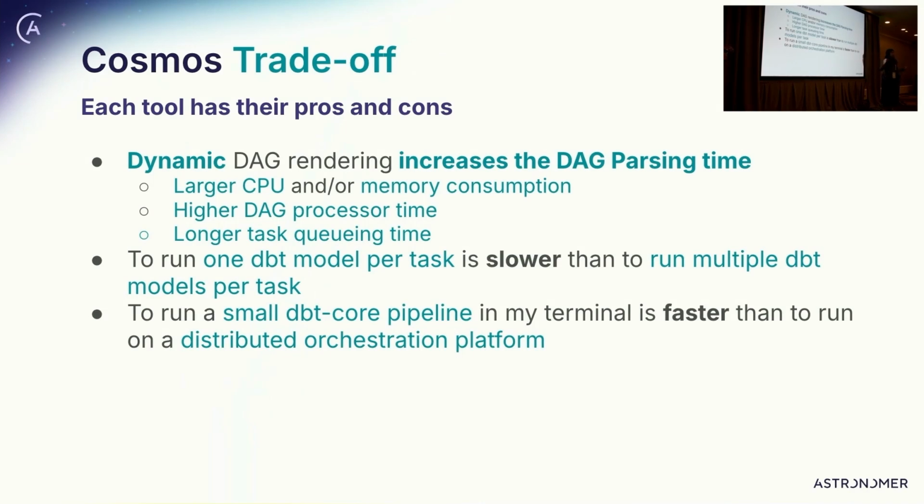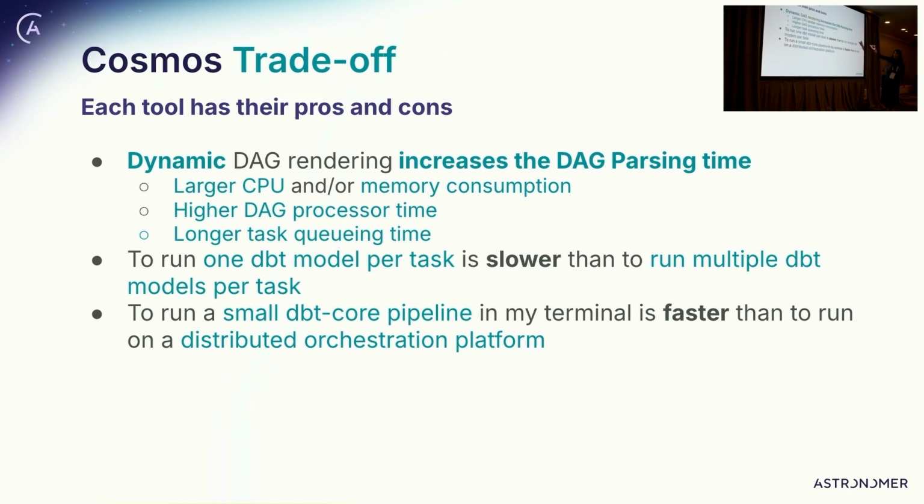But as nothing is perfect, although Cosmos has all this tooling and flexibility, it does have problems. So this magic that comes with, given this directory, build the DAG for me, that means we're dynamically rendering the DAG, which means the DAG parsing time will increase. And this can be quite problematic depending on how your Airflow deployment is. Let's say you're not separating the DAG processor process from the main scheduler process. This means that you could be completely messing up your schedule because it may be trying to parse DAGs and then not scheduling things it should. But hopefully you will be having a deployment where these two processes are happening in parallel. So that may not be as problematic.